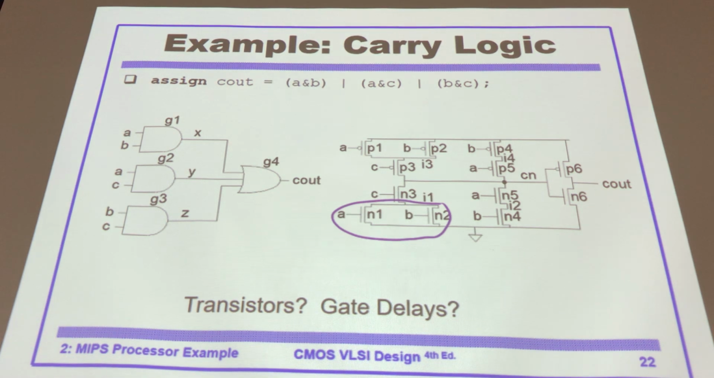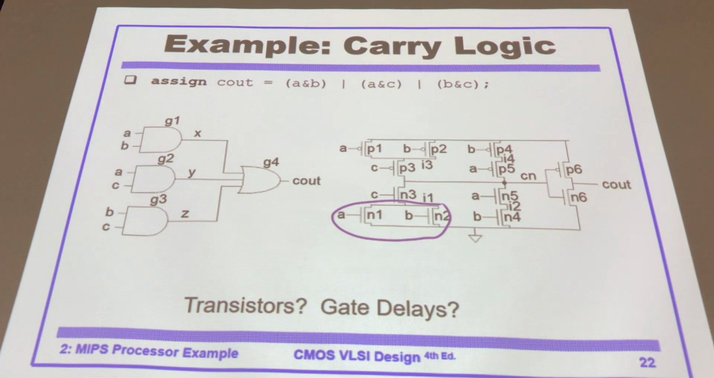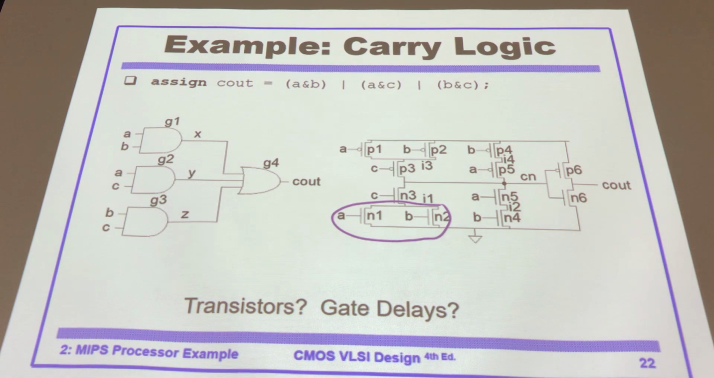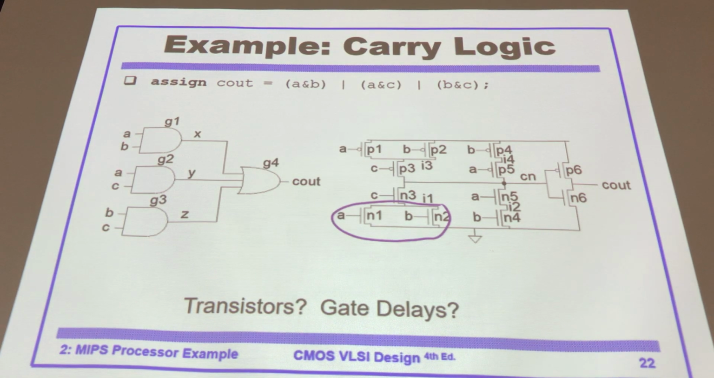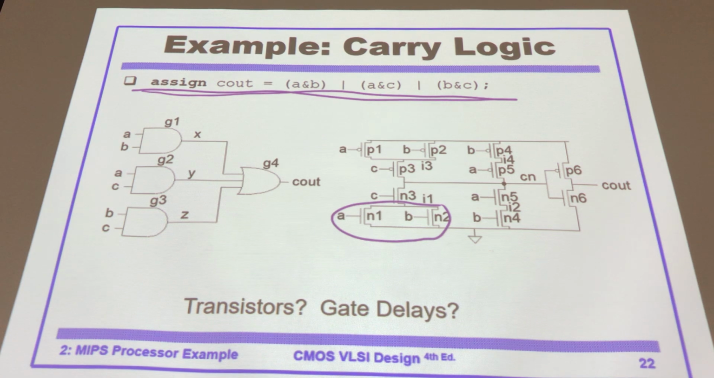So then you might want to measure how many transistors you need and what the gate delay is, such that you can estimate your circuit speed and your chip area. And this assign is a behavior modeling, meaning you can describe power from the high level description. You might also